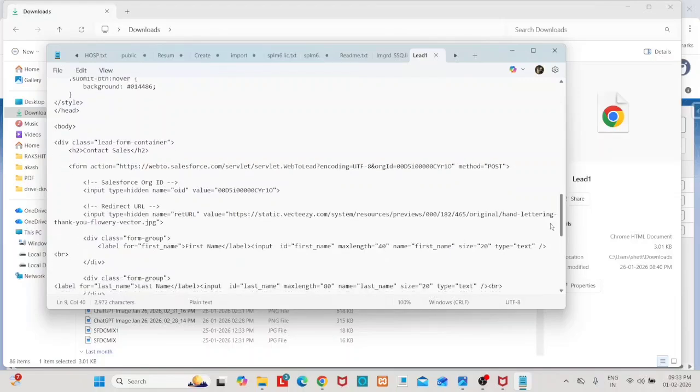And how exactly it works, because it will be having some Salesforce identifiers within that, and based on that, whenever users submit the form, that details will be coming to the Salesforce and the lead will be automatically created. If you can see here, there's a value which is a Salesforce org ID, and there's a return URL as well. And based on that,